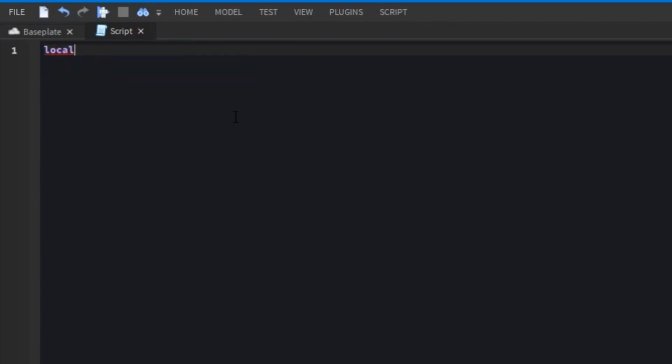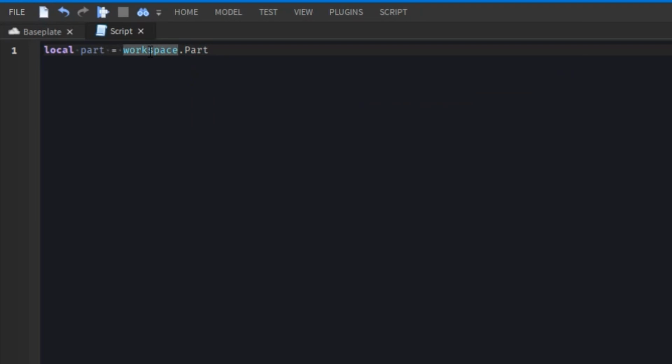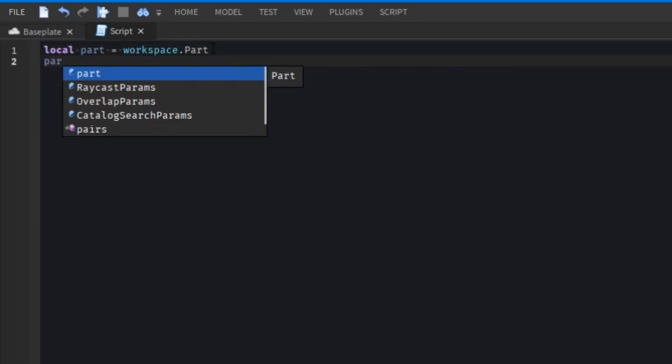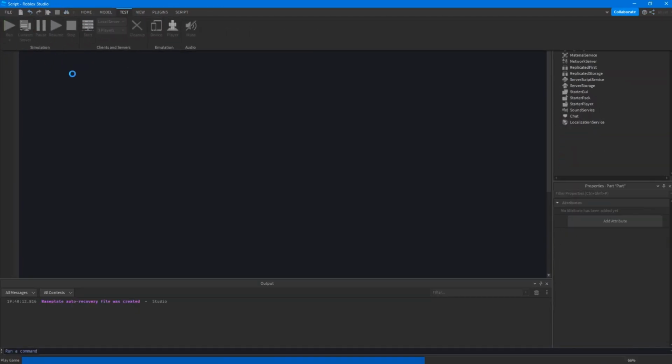We can actually store instances inside of variables. So I'm just going to add a part to workspace real quick. We'll call the variable part, and then we just make our reference to the part, workspace.Part, right? Because the part is a child of workspace now. And we can set the part's transparency to something like 0.5, like that. And if we run it,